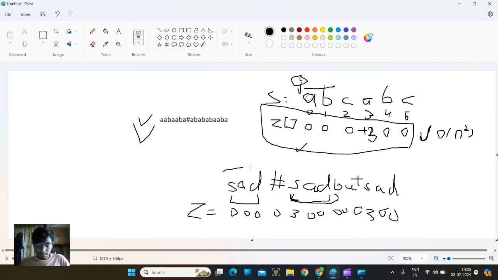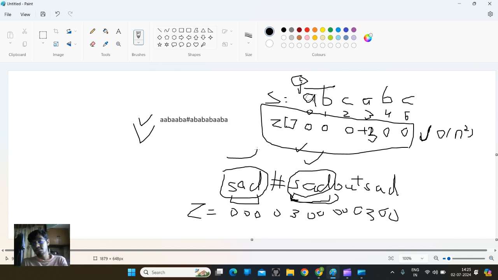How much length of prefix am I looking for? 3. And what is it giving me? 3. So this Z array is telling me that I have a substring of length 3 which is a prefix, and I want a prefix of length 3. Okay, I got 3. So here, using the Z array,